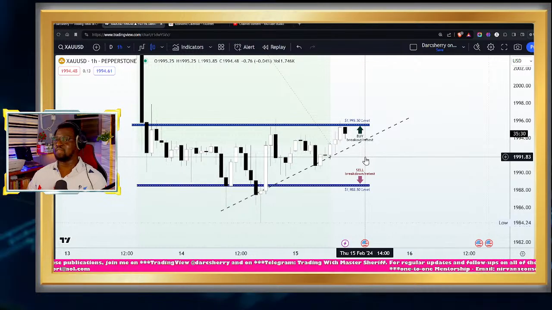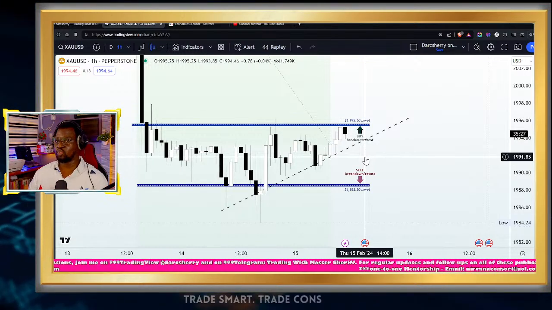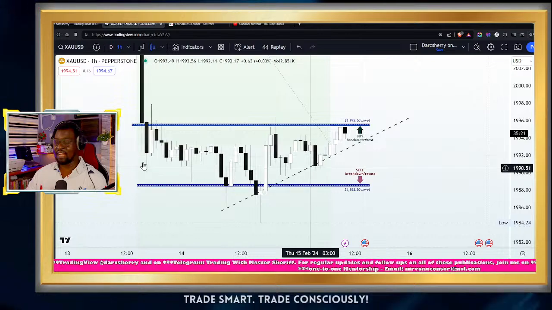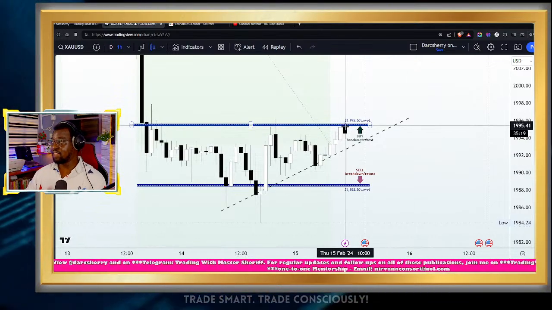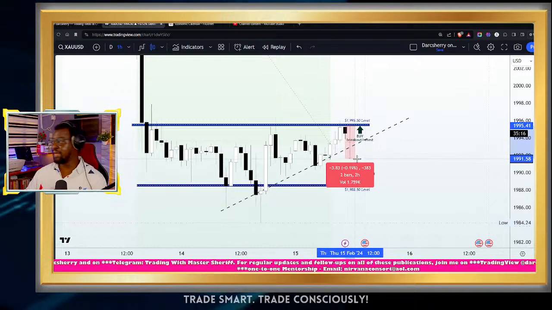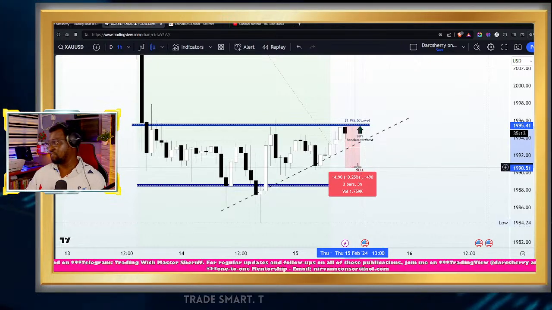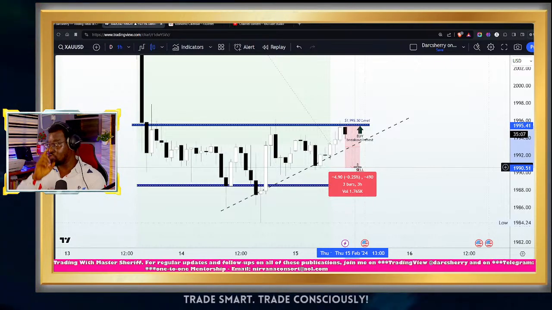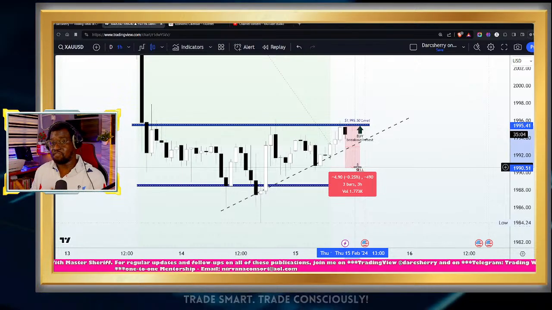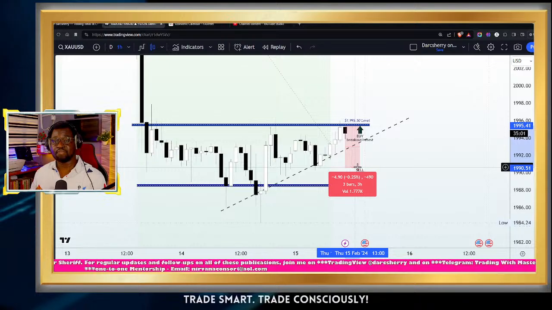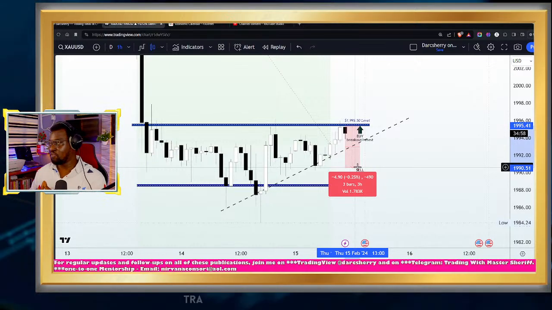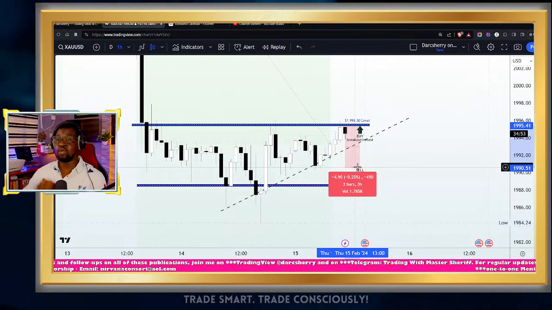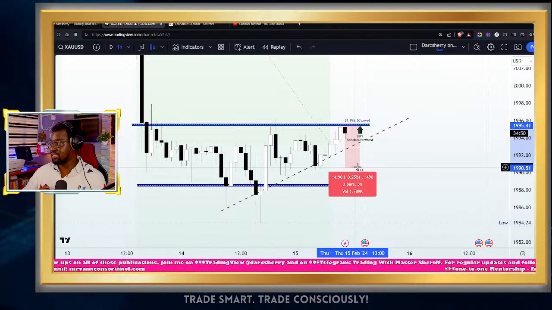Now, what this simply means is that we can afford to place a buy stop order above the $1,995.50 level, since price action remains above the trend line, and have a stop loss right below the trend line, dovetailing to between 35 to 45 pips on stop loss, giving enough breathing space for price action to move around. Let's see if it's going to work out. If it doesn't, well, fine, good. We know that we are only risking some of the profits we made so far this week. So buying above the $1,995.50 level makes quite a lot of sense at this particular point in time.